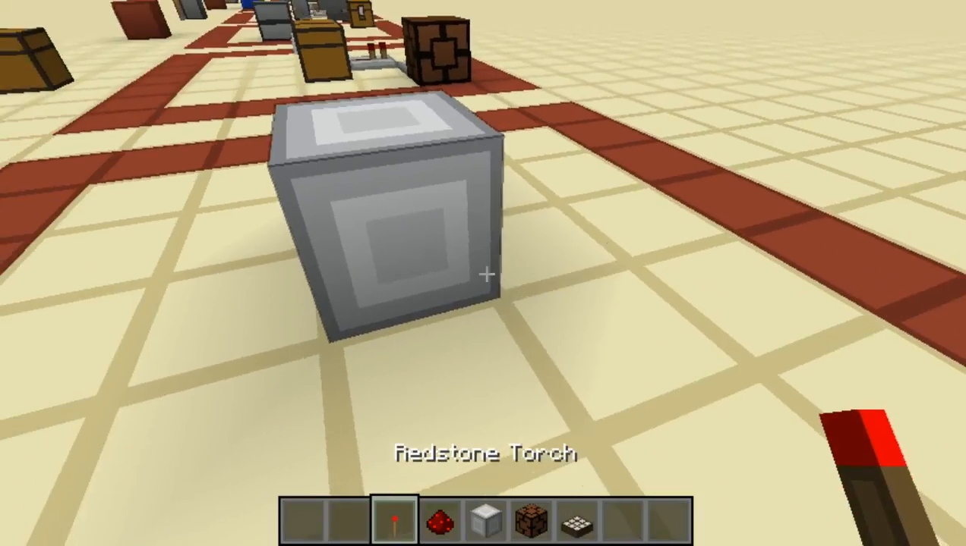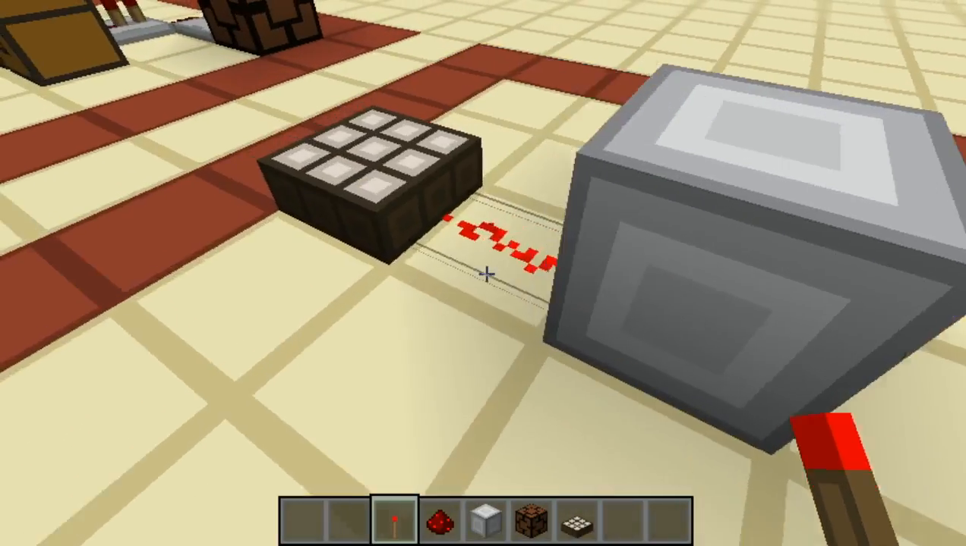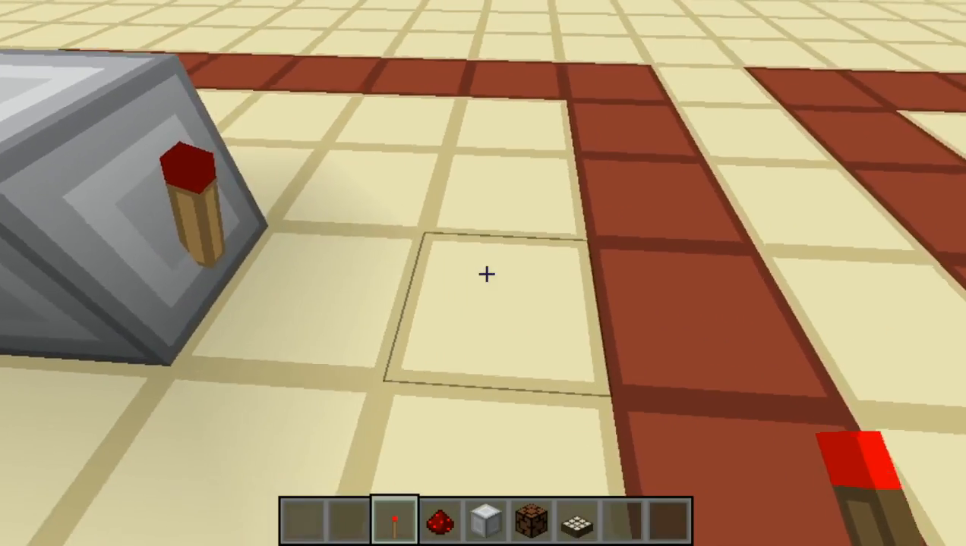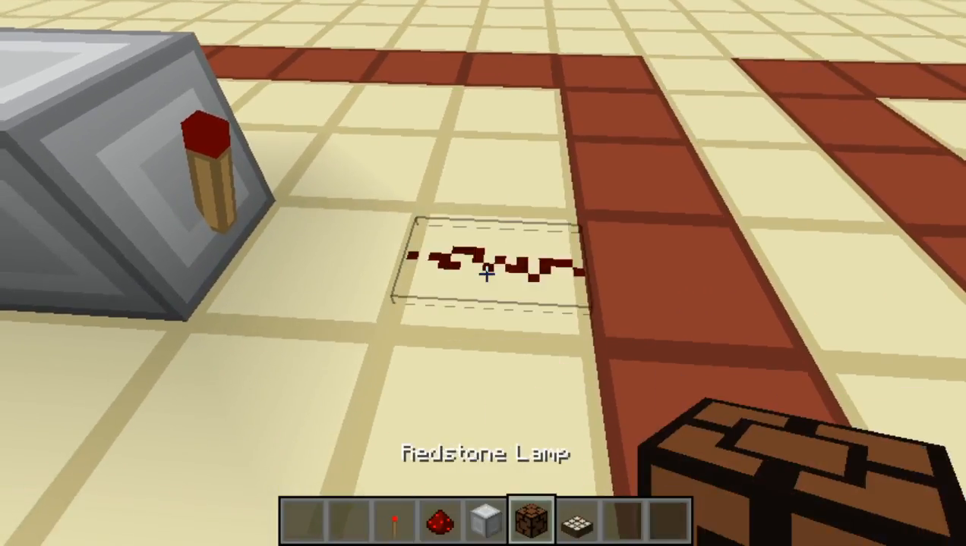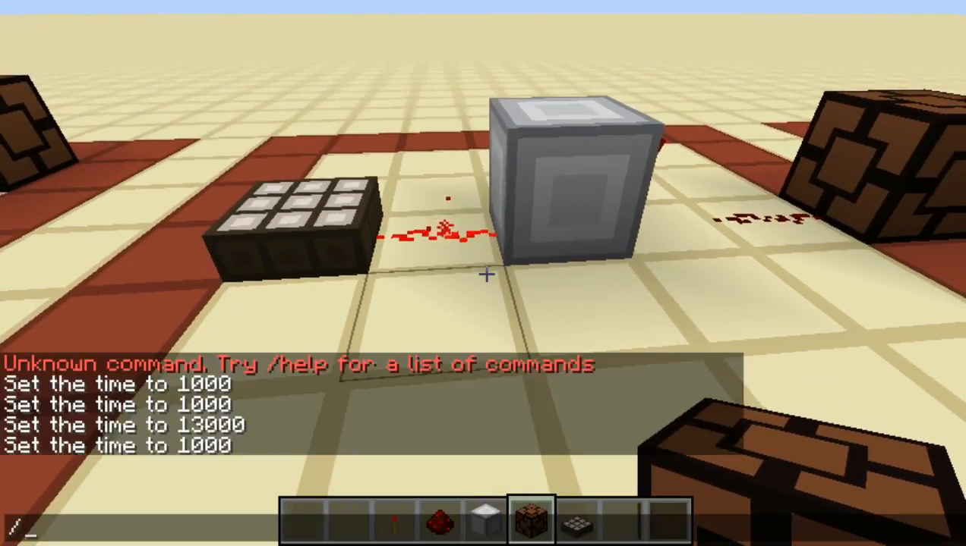And then if I put a redstone torch right here, as you can see, since the redstone is on over here, the redstone torch is off. And then if I put redstone here, and then a lamp right here, as you can see, the light is turned off. But when I go to nighttime,